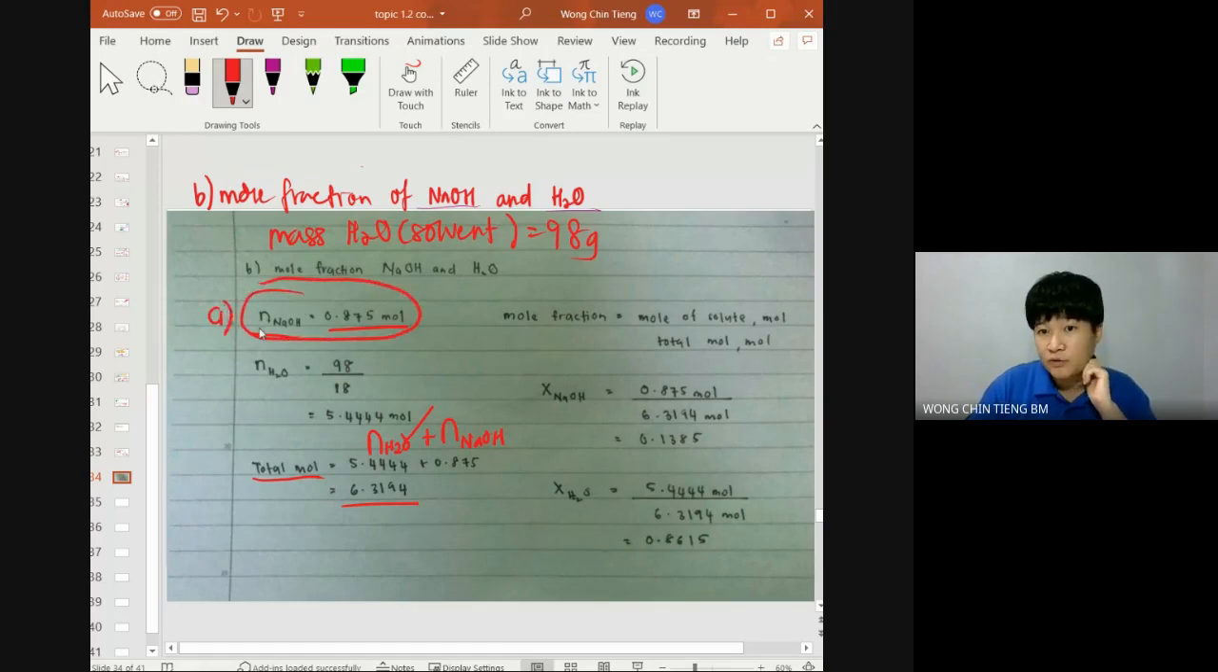So you should have this already. You only basically need to find the number of mole of water. Then you will get the number of mole total. And simple. Mole fraction,